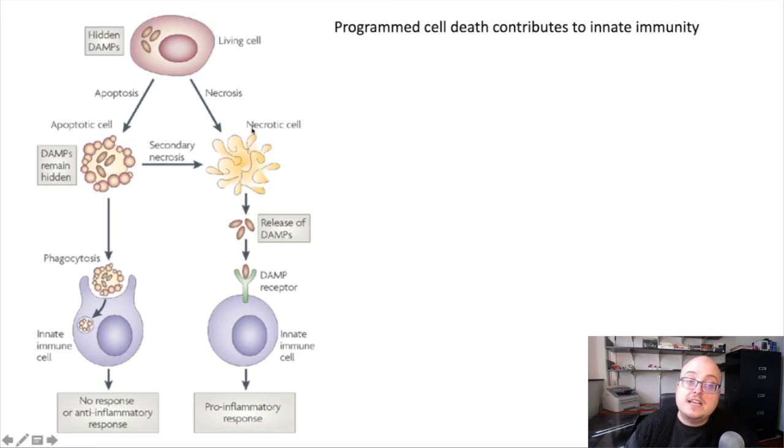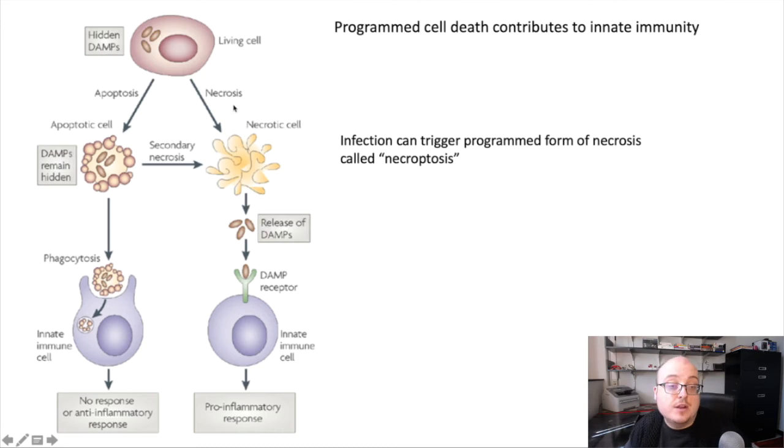An important point, which I'll highlight because this is actually a process that my lab studies, is that necrosis is not always accidental. And in fact, we've come to understand over the past 10 or 15 years that cells can actually choose to undergo programmed suicide in multiple ways, not only apoptosis. So this is a little bit of a misnomer. Apoptosis is only one form of programmed cell death. And in fact, cells can choose to undergo necrosis in a programmed way. And when cells undergo programmed necrosis, we call that process necroptosis. So we combine necrosis and apoptosis.